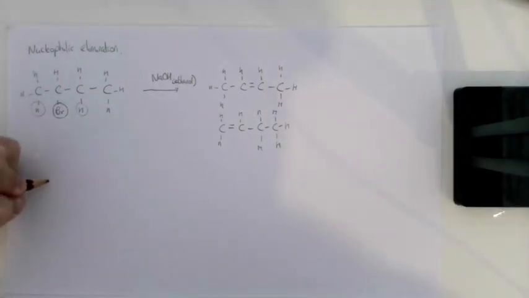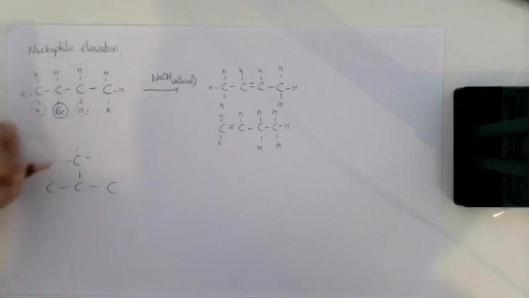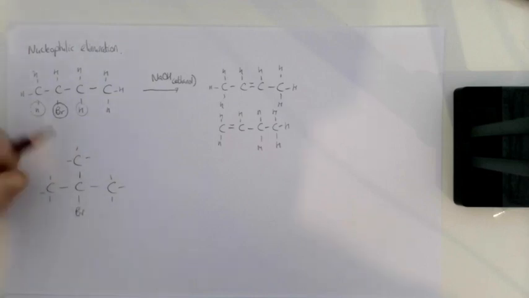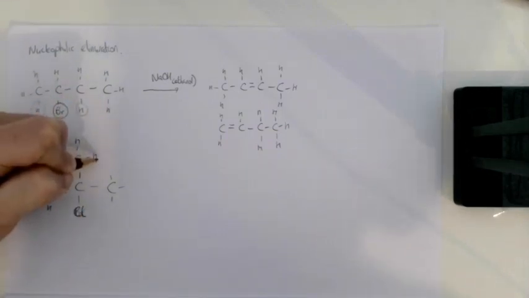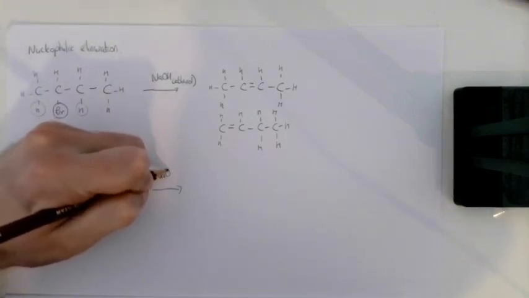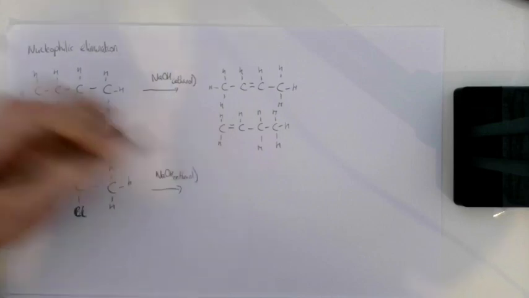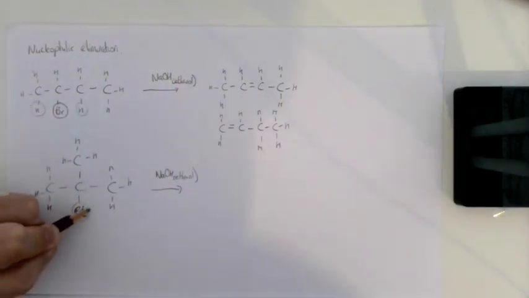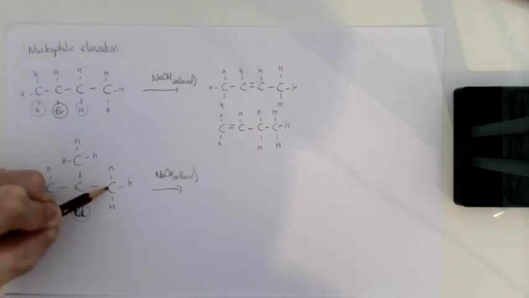So if we do one more example, let's say you've got, let's do a tertiary halogenoalkane. Again, it doesn't have to be bromine, so I've just picked bromine. Let's do chlorine instead. So I add sodium hydroxide. It's in an alcohol, so typically ethanol. The chlorine will be eliminated, and then on one of the neighbouring carbons, so this one, or this one, hydrogen